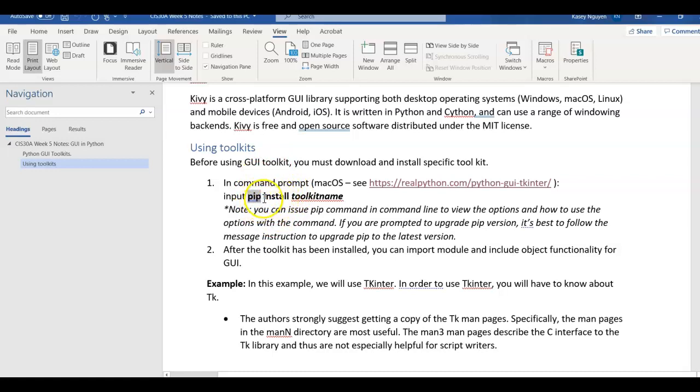Now in command prompt, when you put in pip install, it will tell you the outdated version, give you the recommendation and the appropriate command to use, and you just have to follow that command, issue that command to upgrade your pip version so you can install different toolkits. Now you need to put in the toolkit name, and in some cases you need to put in the appropriate version. Tkinter is actually under the umbrella of